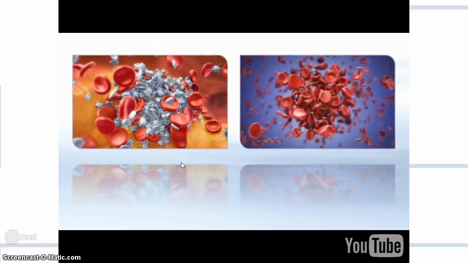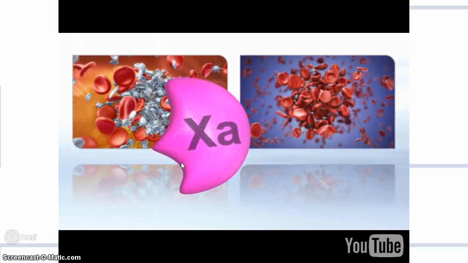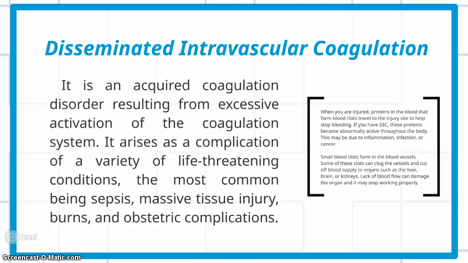It can be concluded that the central role of factor 10A in the coagulation cascade makes it a viable target for therapeutic intervention in pathologically altered blood coagulation. One of the typical coagulation complications is disseminated intravascular coagulation. It is an acquired coagulation disorder resulting from excessive activation of the coagulation systems. It arises as a complication of a variety of life-threatening conditions, the most common being sepsis, massive tissue injuries, burns,